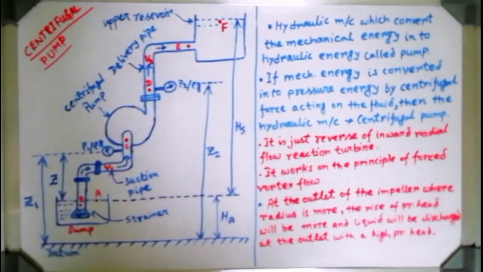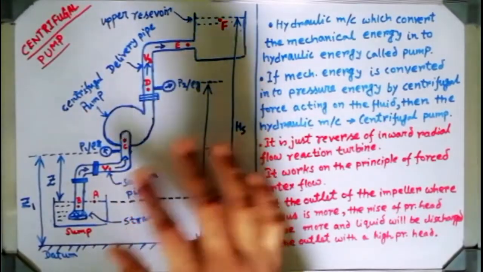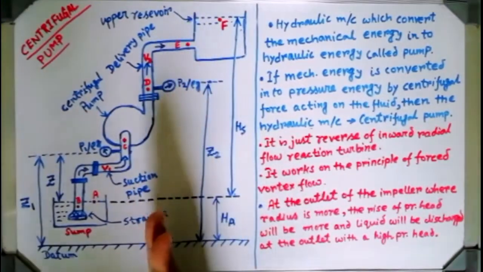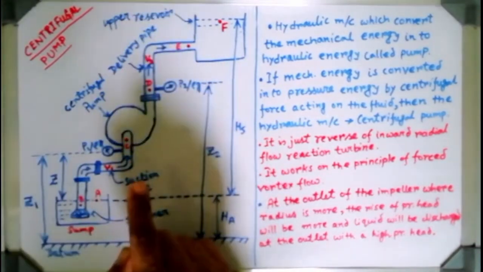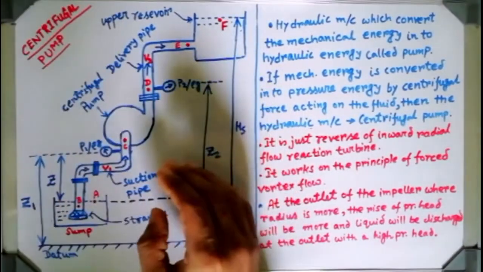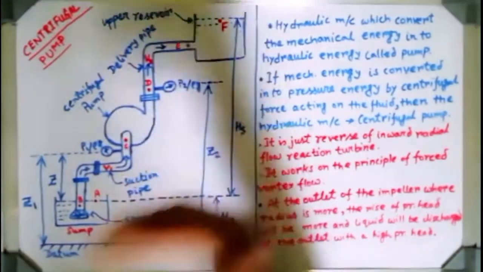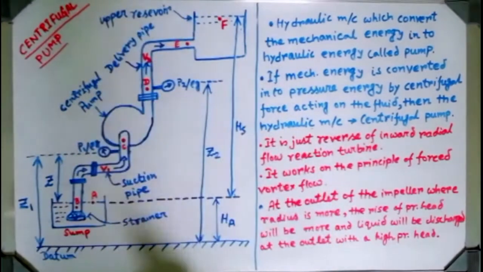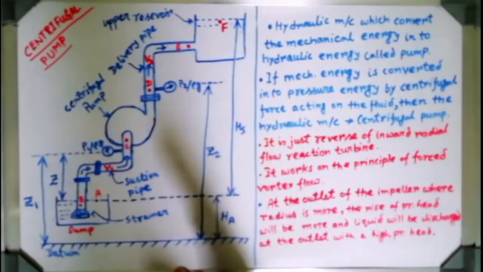Clockwise to anti-clockwise, now clockwise, anti-clockwise I am not saying. Rotation depending on that, I am not saying which direction the impeller is rotating. I am saying the direction of the working fluid. The working fluid will enter from the center and it will go outward. Suppose it is water, water enters the pump in the axial direction and it will go outward, in the radially outward direction. And in case of a turbine, water enters from outside and comes in towards the center. The direction of the working fluid I am talking about. Rotation you can change according to your wish, that is not a factor.